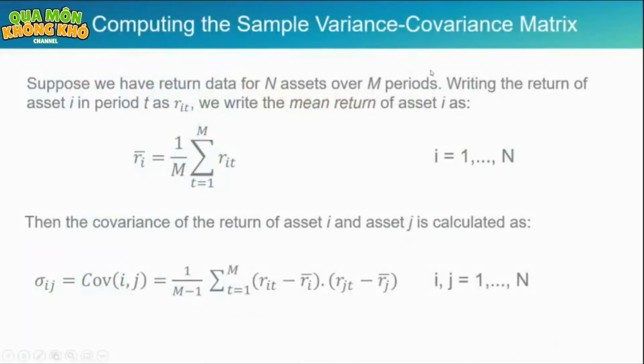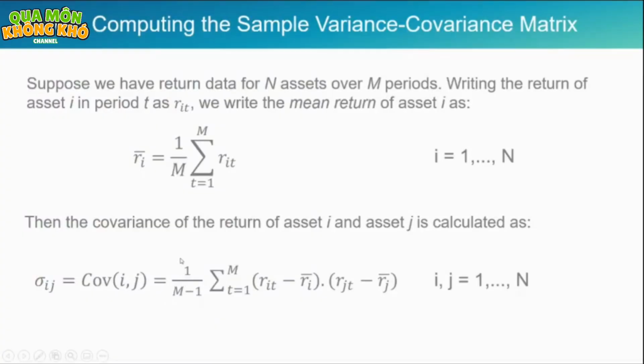And now, we go with the sample variance covariance matrix. Suppose we have return data for an asset over m periods, writing the return of asset i in period t as R_it, and we write the mean return of asset i as the formula below. Mean R_i equals 1 divided by m times the sum of R_it. Then the covariance of the return of asset i and asset j is calculated as covariance ij